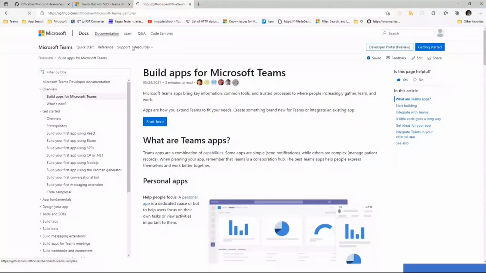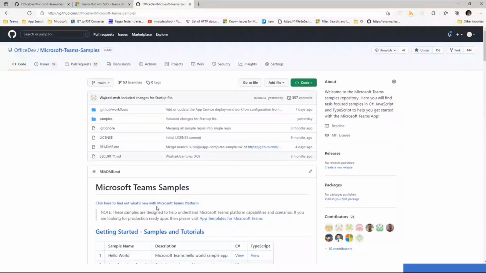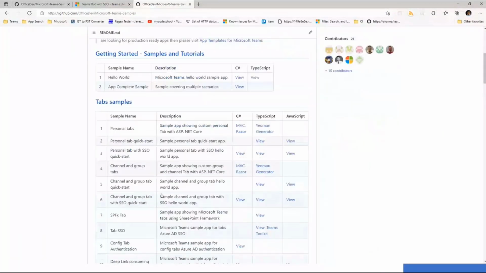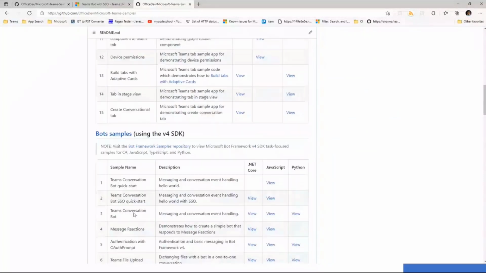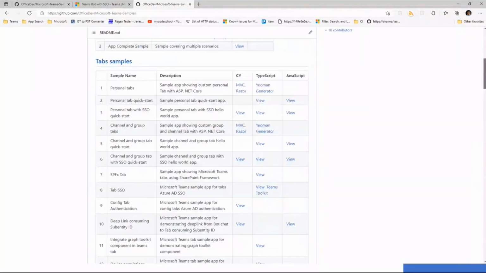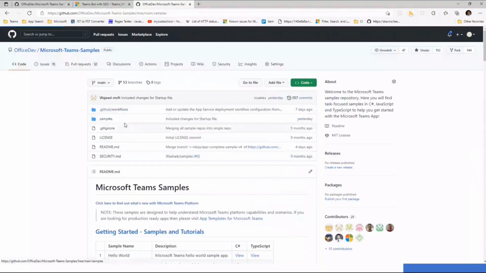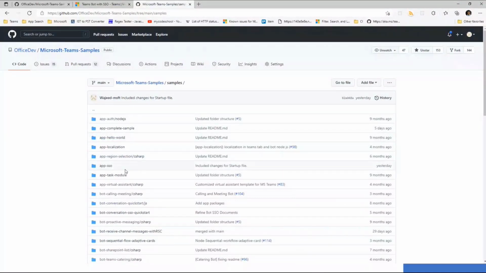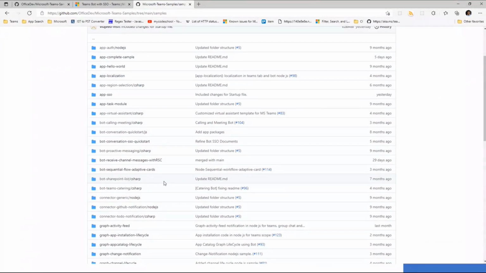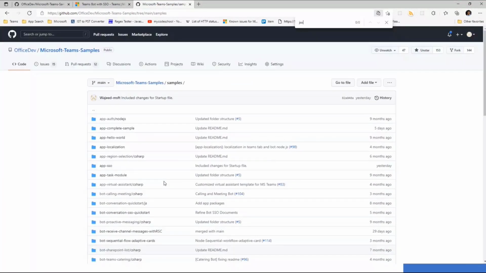The way we have structured it is we have this list of samples for tabs, bots, and messaging extension, and you'll find all of these samples available in their respective folders. So when we showcase the sample for, so JSON place tab.